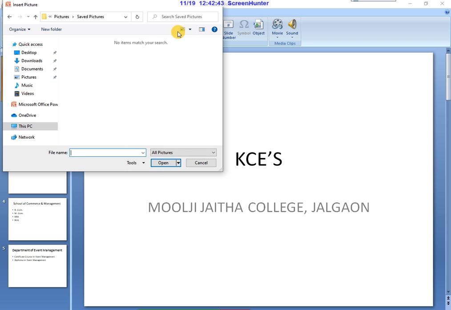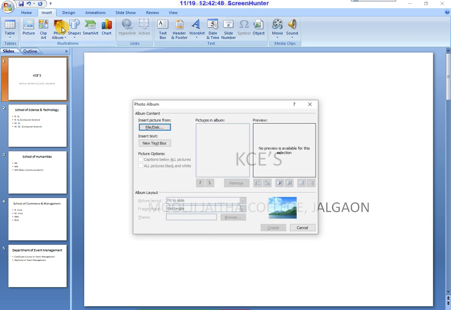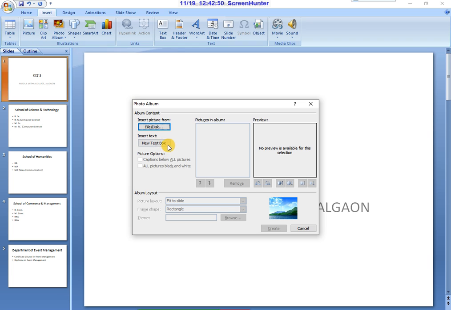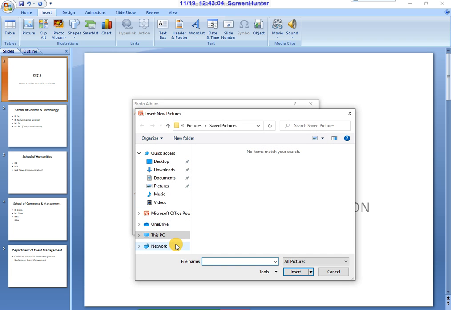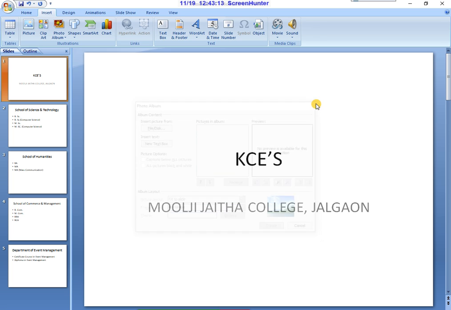There are no pictures so far here, so photo album, if any photo is there, then you can insert a photo here. So there is no photo available here.